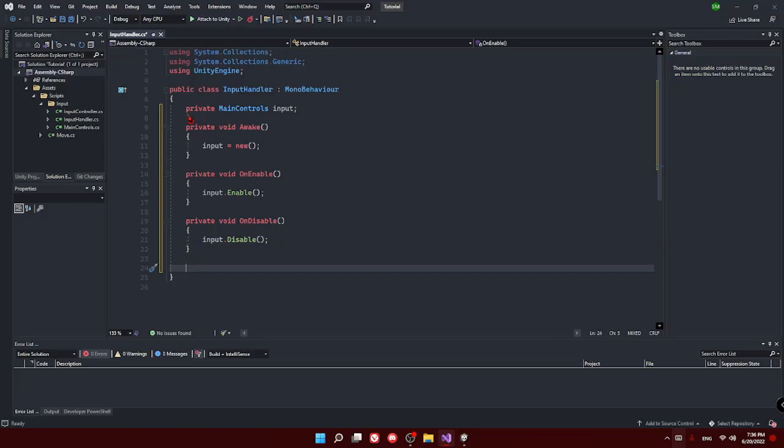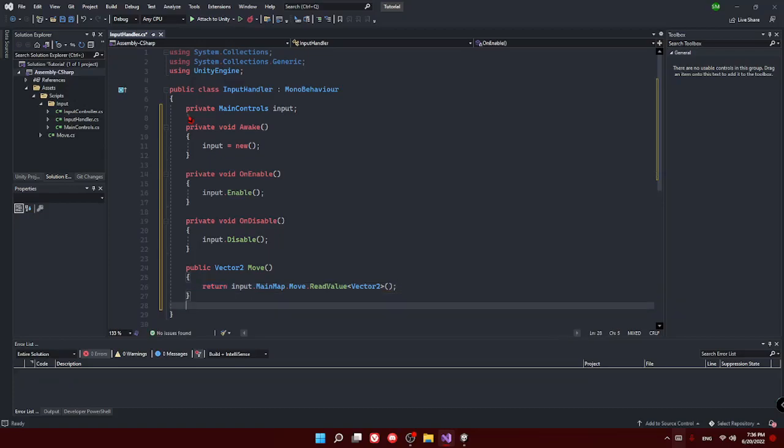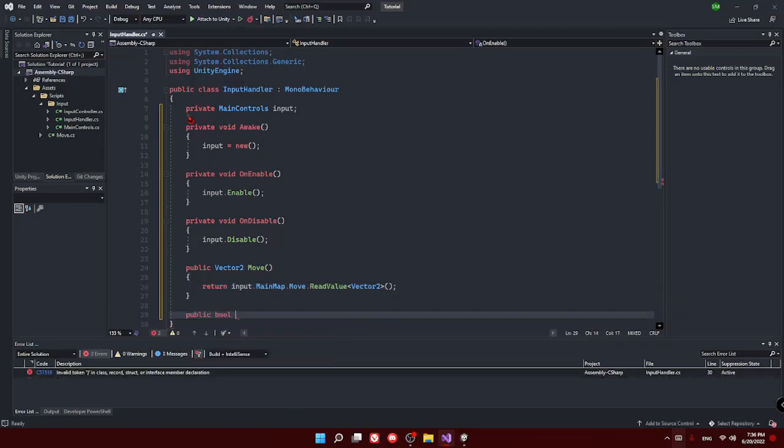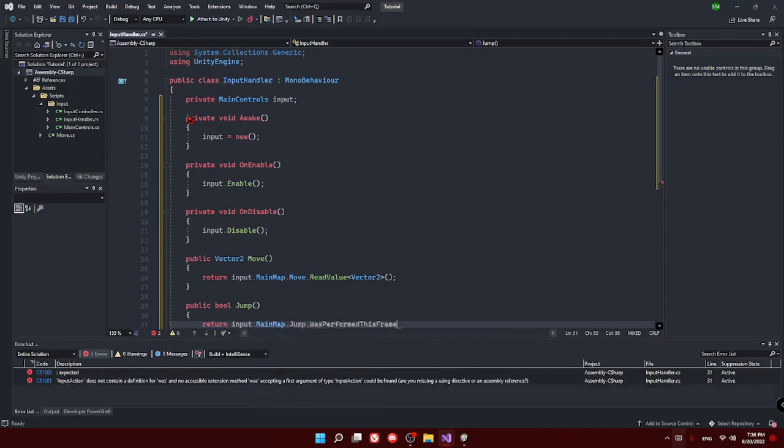and then afterwards we have a public vector for move, and then we return input dot main map dot move dot read value vector, and then we have a public bool jump, we return input dot main map dot jump dot was perform this frame.